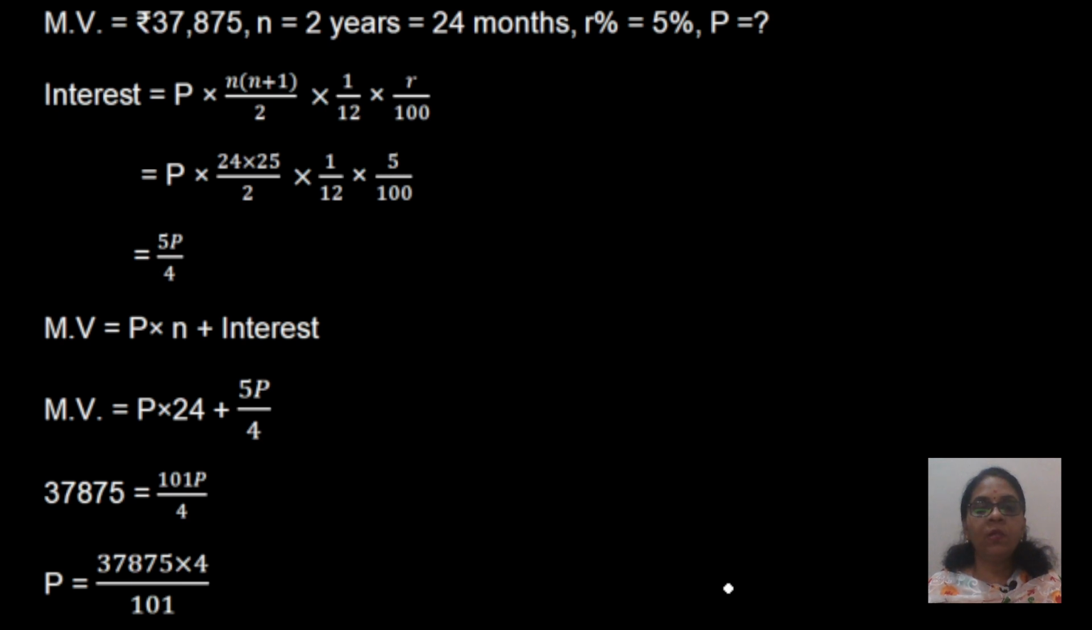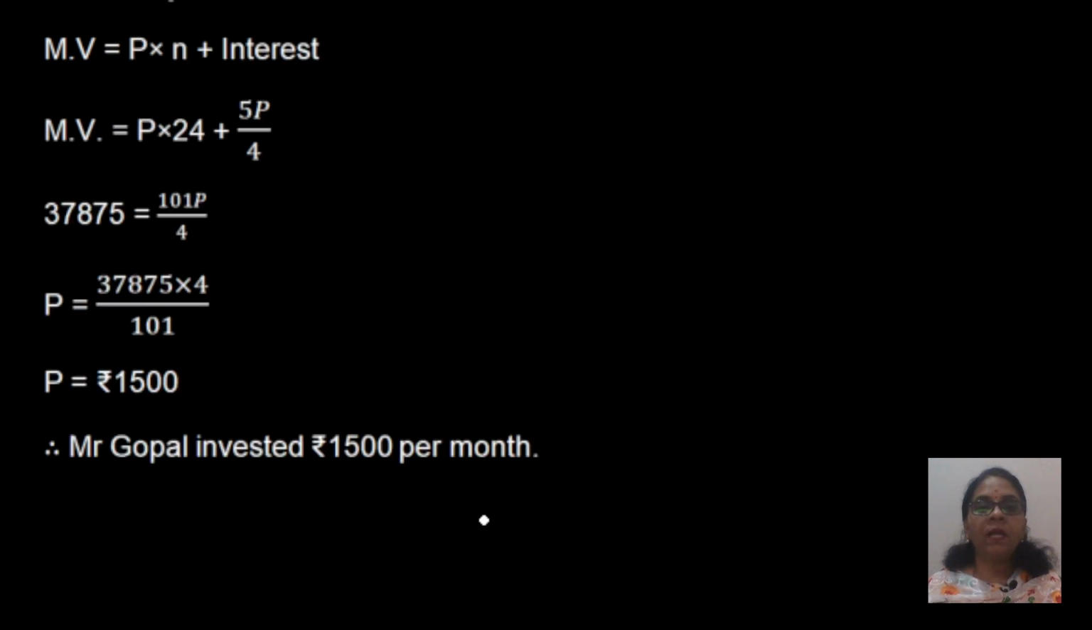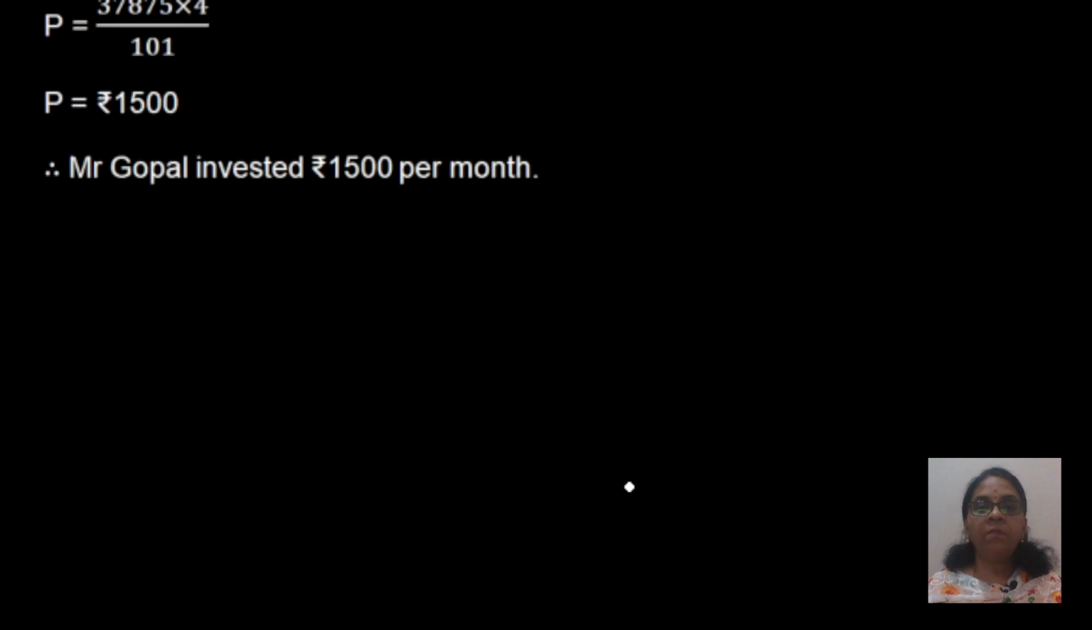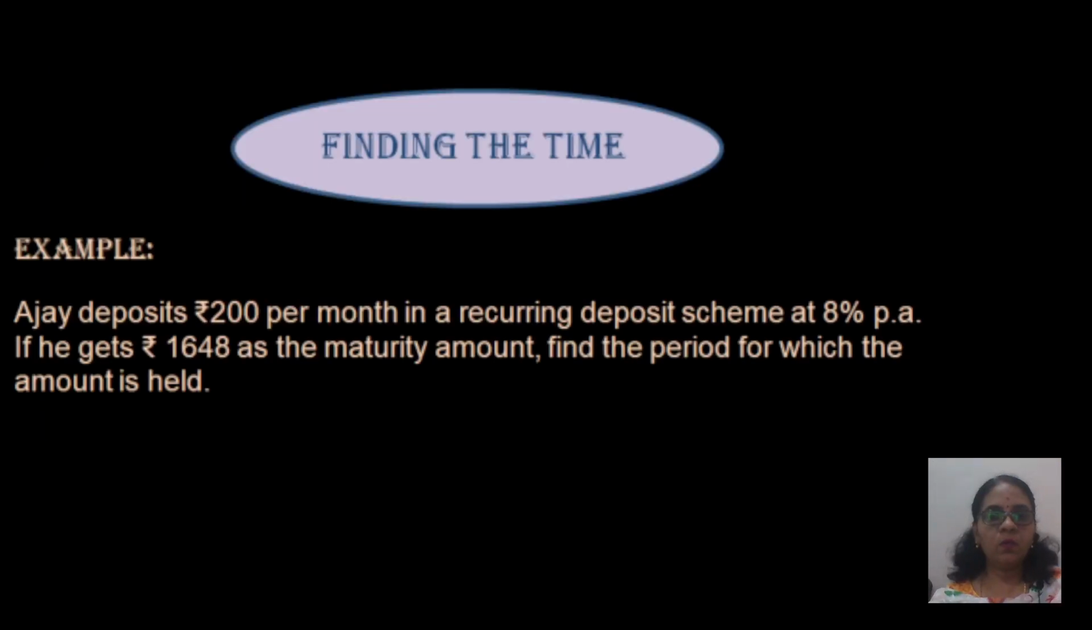So, this is the solution and Mr. Gopal invested 1500 per month. So, the last model, finding the time. Now, in the given question it says that Ajay deposits 200 per month in a recurring deposit scheme at 8% per annum. If he gets 1648 as the maturity amount, find the period for which the amount is held. Find the period for which the amount is held means they are asking us to find